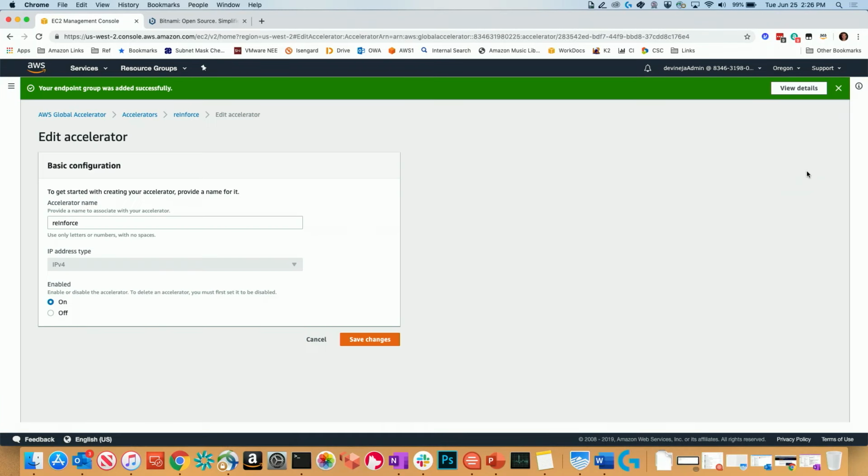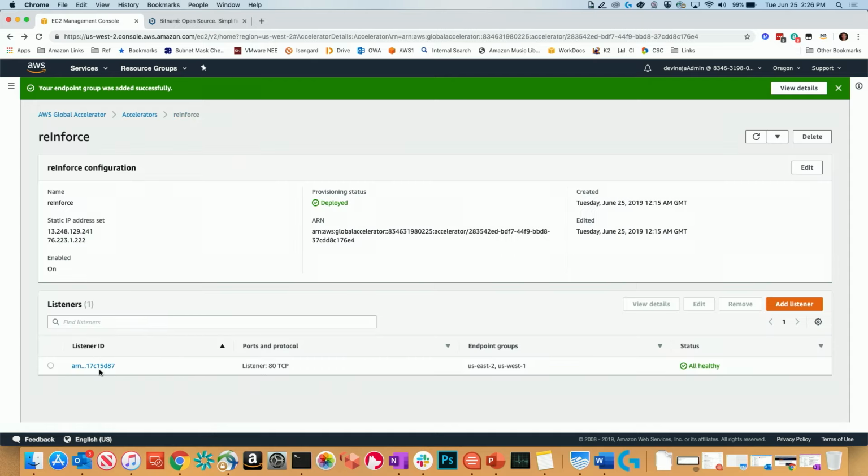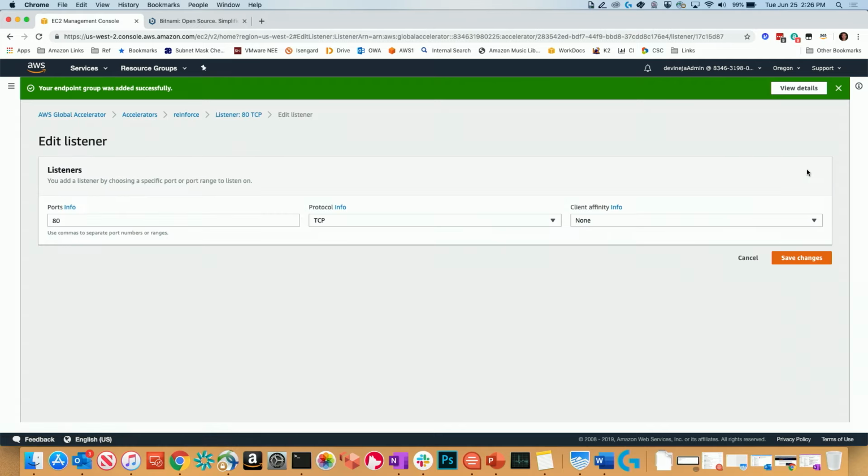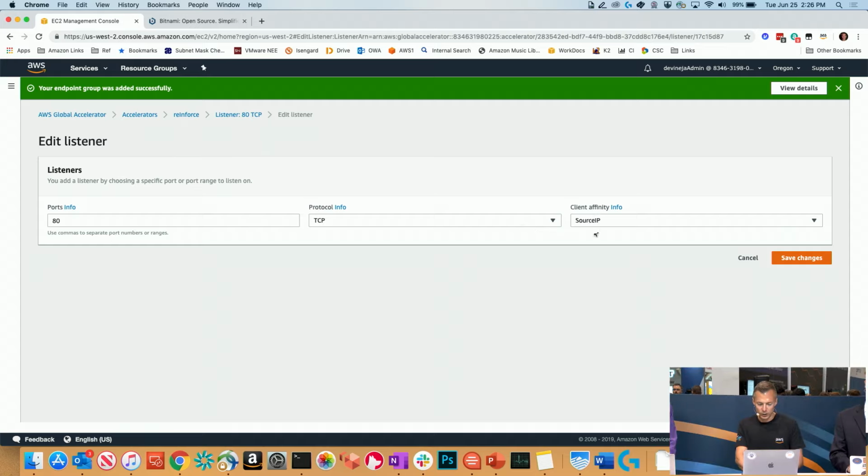Yeah. Now there's one more question I had to ask about the traffic and the routing and the stickiness. Do you get any sort of stickiness? Can you configure it so that my client has a preference for a particular region after it's initially connected? Sure, and that's actually a great question. So if I go in here, I believe it's at the listener level. At the endpoint or listener ID, for the listener, this client affinity here, I can go in and edit this setting, and based on the source IP address, I can have client affinity.